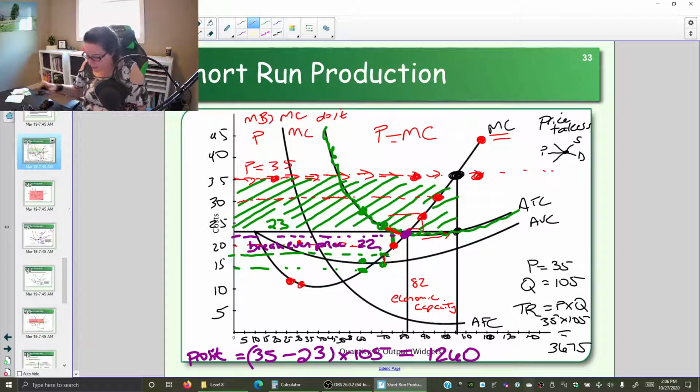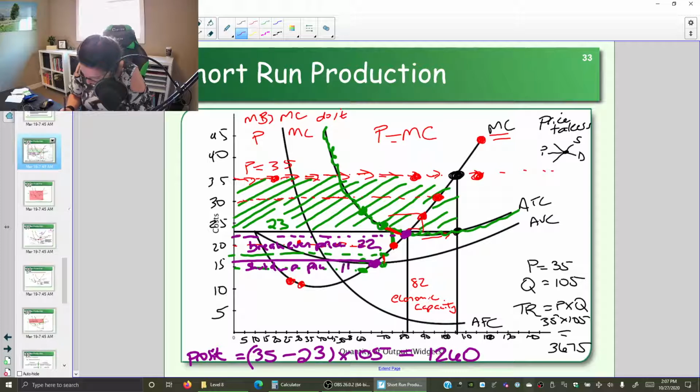So where is the shutdown price? Where is the cutoff between we might as well close our doors and go home and eat the full cost of the fixed cost versus let's continue to operate at a loss and at least pay down some of the fixed cost? Well, that point is right here. So here we have our shutdown price,